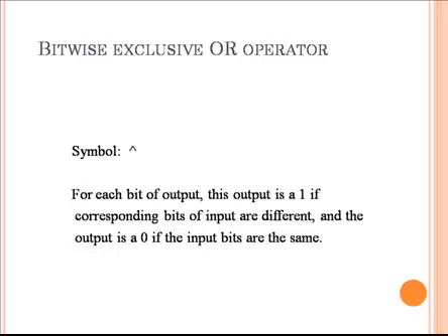Whenever you are performing exclusive OR, it simply performs logical exclusive OR at each bit position. That is, if both inputs are similar, the output will become 0. If both inputs are different, then the output will become 1. Here inputs are the same, so output is 0. Here inputs are different, so output is 1. Here same, so 0 and 0 and 0. Here also